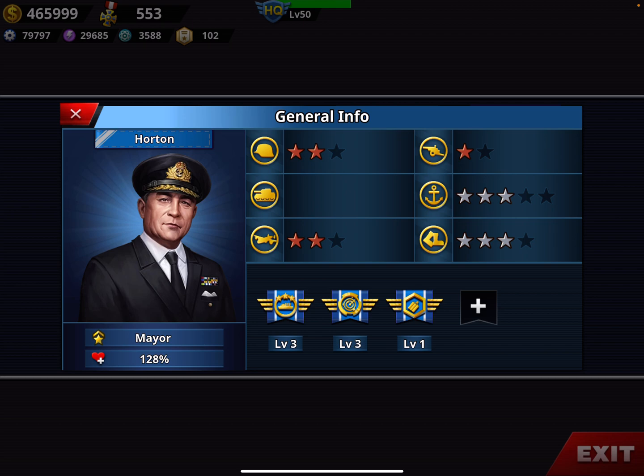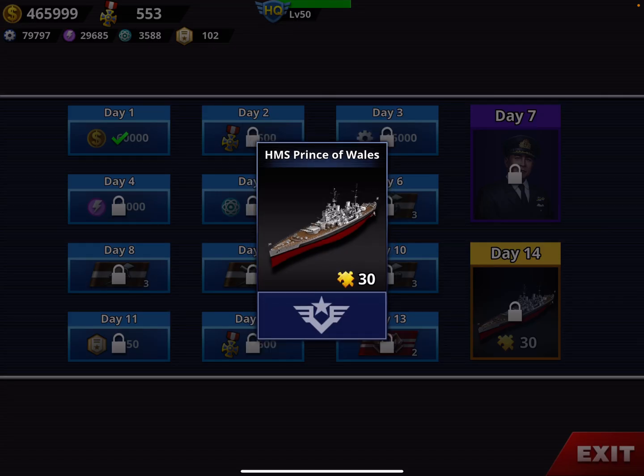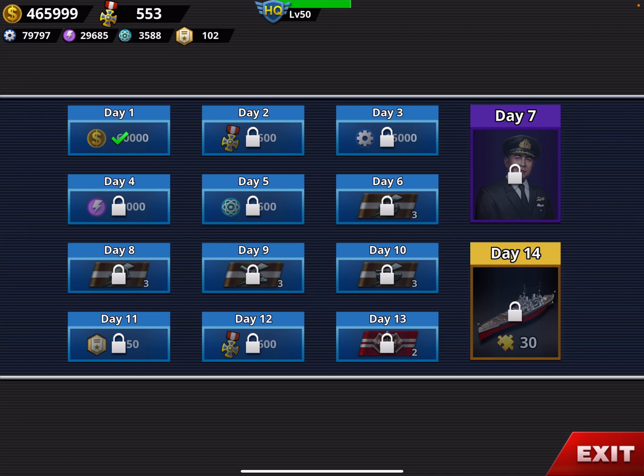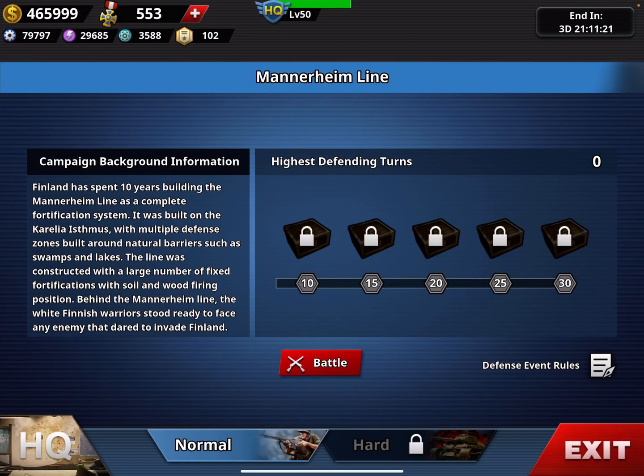And he also has an empty skill slot. And then on day 14, you have the Prince of Wales, which is an advanced cruiser. You get ribbons, medals, so it's worth doing. And then you have daily events. You have the Mannerheim line. Okay, so you have